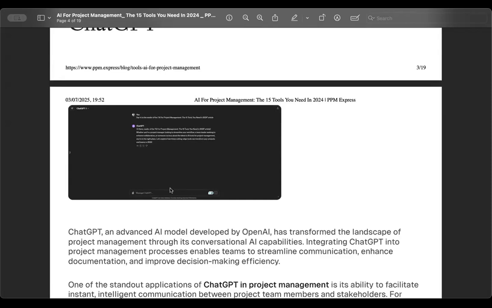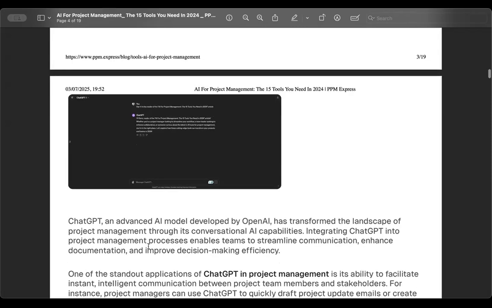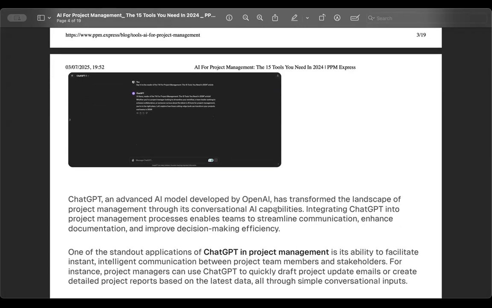Okay, so ChatGPT is an advanced AI model developed by OpenAI and has transformed the landscape of project management through its conversational AI capabilities. And also,